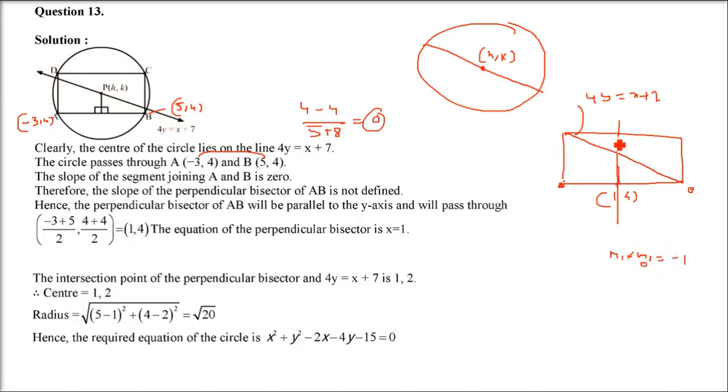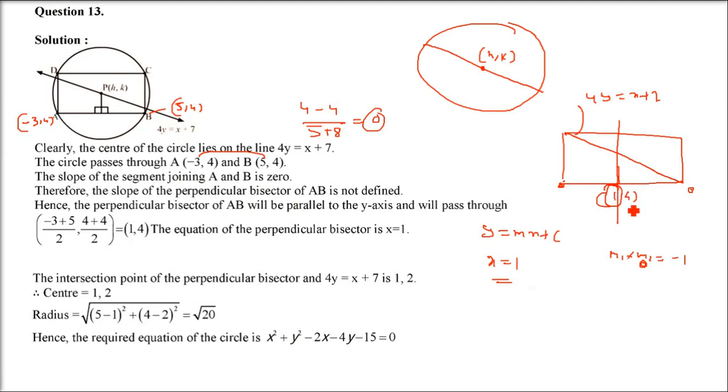So it will be only x coordinate. I hope you got the idea. This perpendicular bisector on AB is having only x equals 1. Because it is parallel to y-axis, only x coordinate will come. So the equation is x equals 1. So you have to understand, slope 0 means parallel to x-axis. The line which is perpendicular to that line will be parallel to y-axis, so only x will come. So x equals 1 is the equation of the perpendicular bisector.